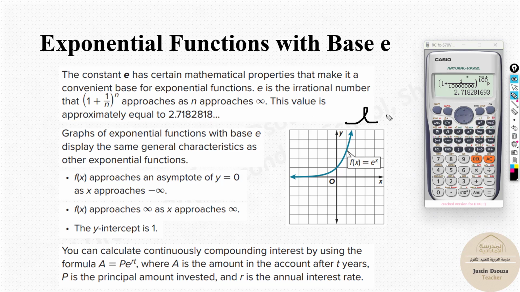Now, if you try to graph with the base of e and power x, you will get this particular graph. Very basic thing: you will get an asymptote at y equals 0. On the left side, as it goes towards negative infinity, the value of f of x is almost going to 0. As x goes to positive infinity, the y value goes to infinity as well. And what about the y-intercept? The y-intercept is over here at 1. The point is 0 comma 1. This is the y-intercept, and these are a few basic things.